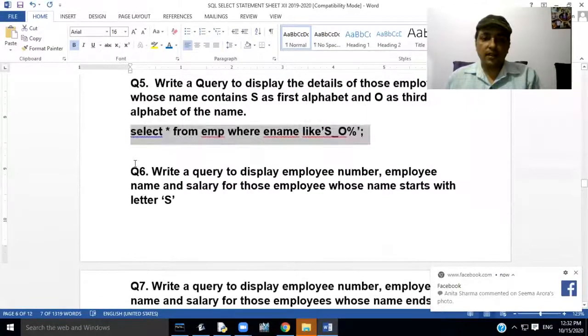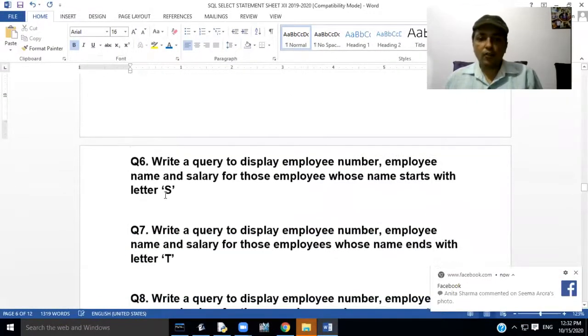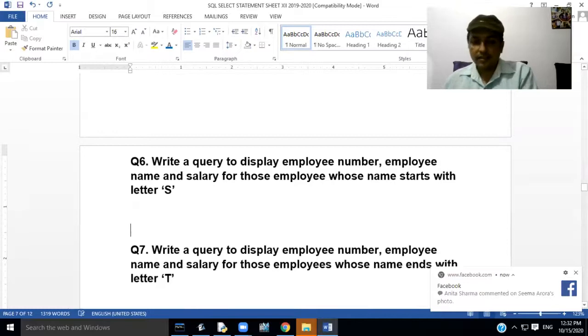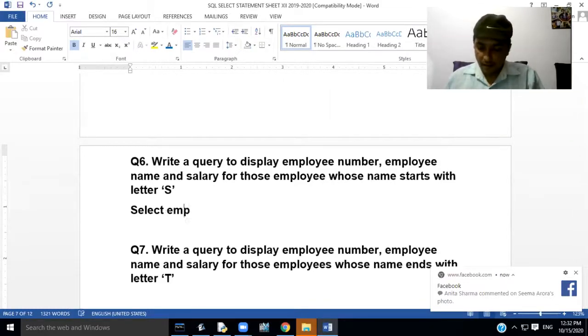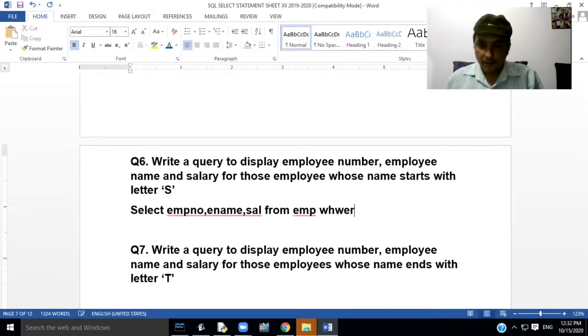Now our next query is: write a query to display the employee number, employee name, salary for those employees whose name starts with letter S. We have to write the query like this: select empno, ename, sal from emp where ename like 'S%'.